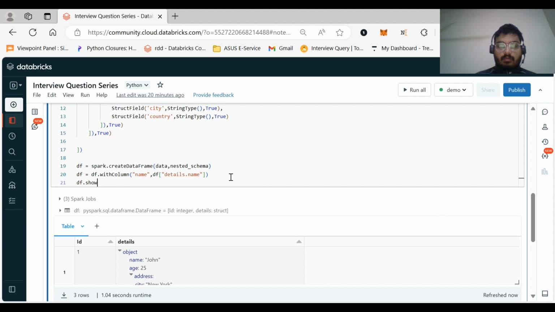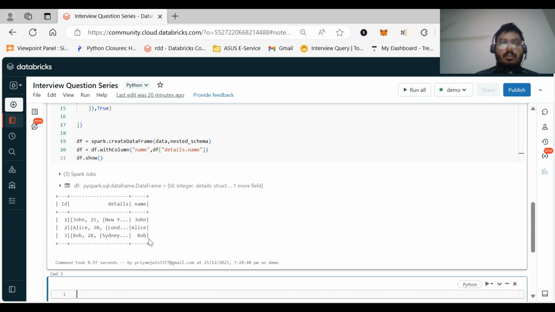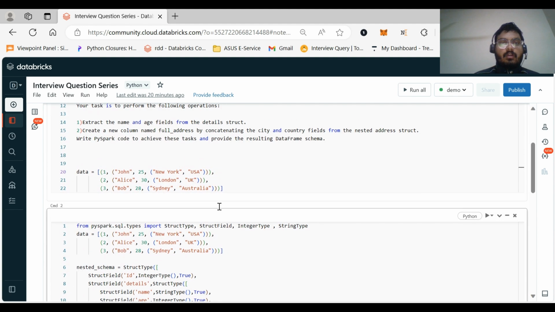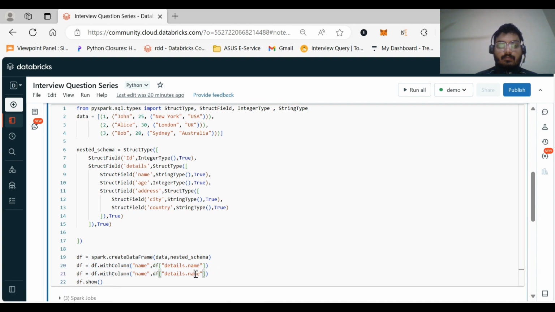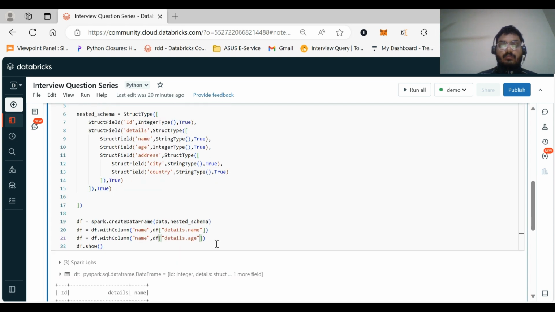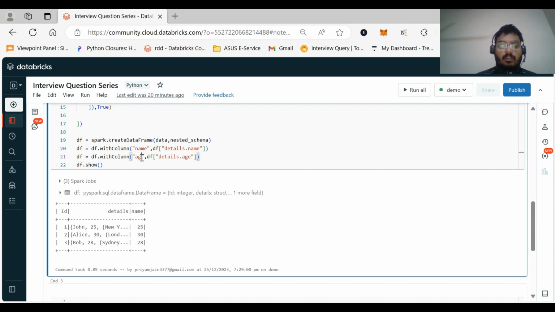Let's try to show this also. See, John, Alice, Bob. It came perfectly. The first task was not only to print name but age also. Let us try to extract the age column also. I think this will also work perfectly fine. I need to name it as age.